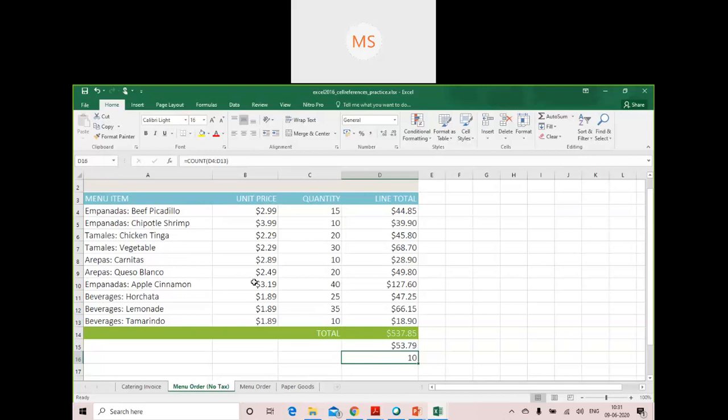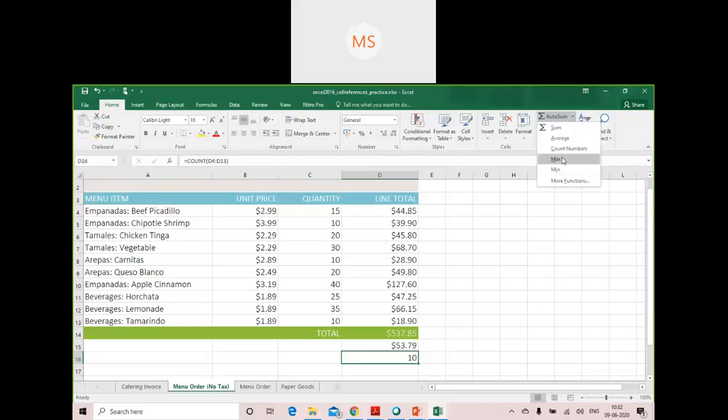But here only 10 items are there, so you can count it manually. If there are thousands of rows inserted and you have to count them, how are you going to count manually? It will take a lot of time and you may get confused, some cell may get repeated. That is why the count function can be used very efficiently and very easily to count the total numbers. The count which I have explained here only deals with numbers. It will only give the total count of numbers, not of the characters.